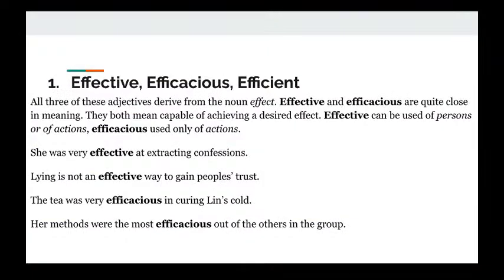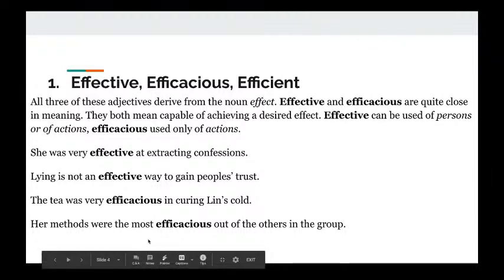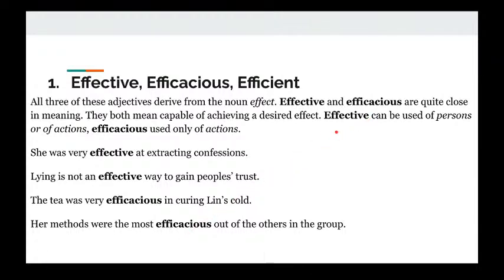So all 3 of these adjectives derive from the noun effect. Effective and efficacious are quite close in meaning. They both mean capable of achieving a desired effect. Effective can be used of persons or of actions, but efficacious is used only of actions. So again, effective can be used for both, but efficacious is only used